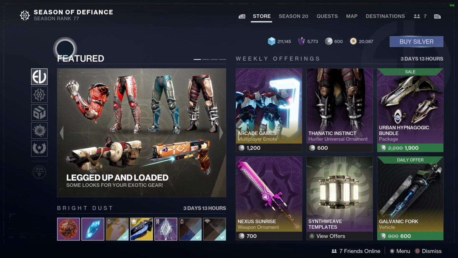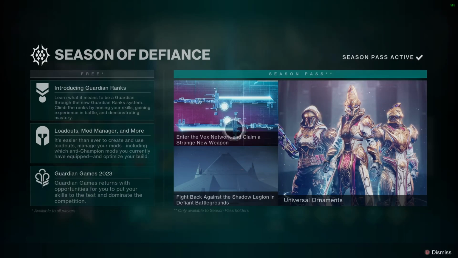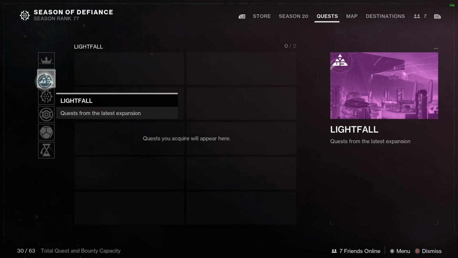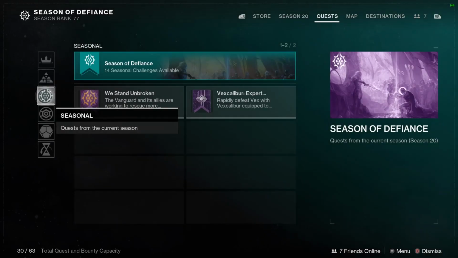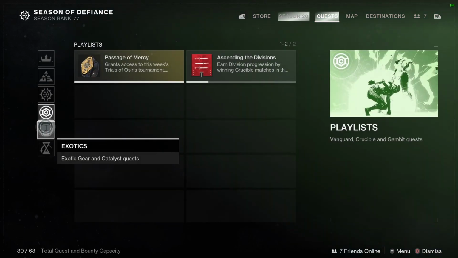To the right of that, you have your season tab or battle pass where you can see your rewards track. There's a free and paid version of the track. Next is the quest tab. This one is important because here you can track quests that will show up on your map so you can easily follow them. On the left side of this menu, there are sections that will show you expansions, seasonal content,